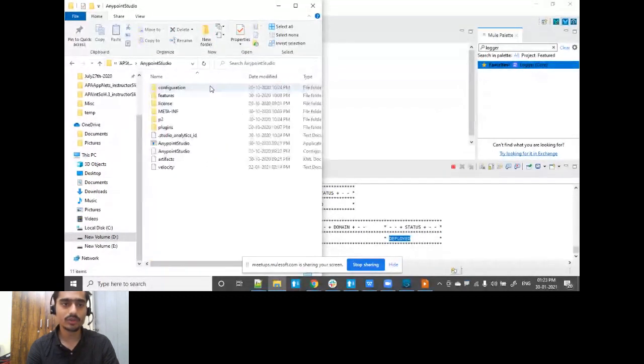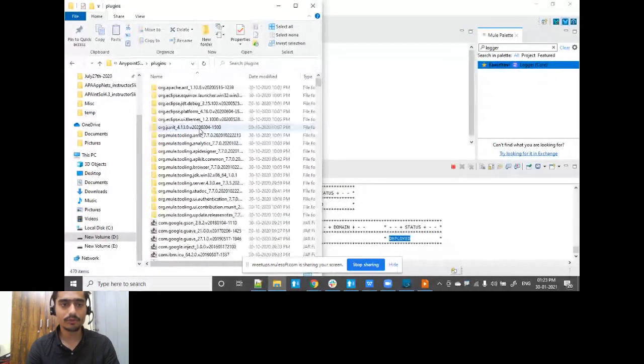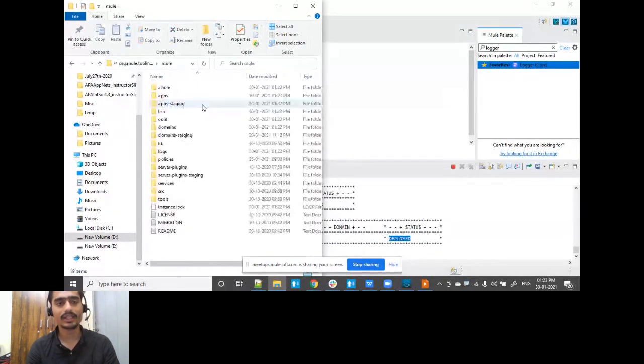7.7. So if I go to my Anypoint Studio 7.7 studio configuration, in the plugins folder, you will have a tooling server instance. And inside that Mule, this is your Mule runtime. And if you open the application folder, you can see whatever I have created. So my project name over here is demonstration. So the same thing is getting deployed over here. Okay, just an additional knowledge, but a very important one for you to understand. So by default it gets deployed in the embedded runtime of your Mule application.